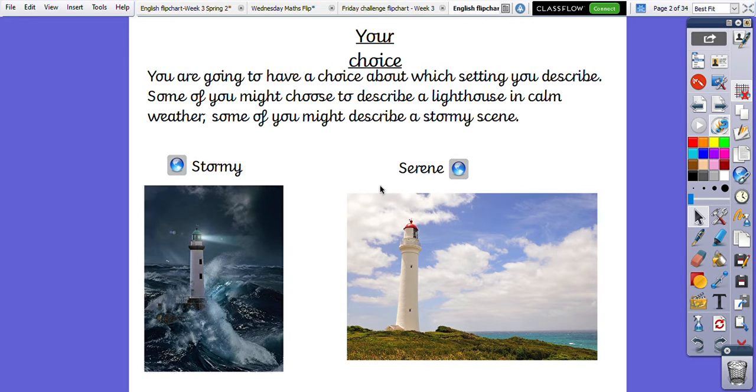So hopefully that has given you some ideas and some words that you could use to describe the stormy lighthouse, thinking about those waves crashing up against the side, thinking about the wind and the weather above, and looking at this picture, thinking about the dark sky that comes with that and the foamy